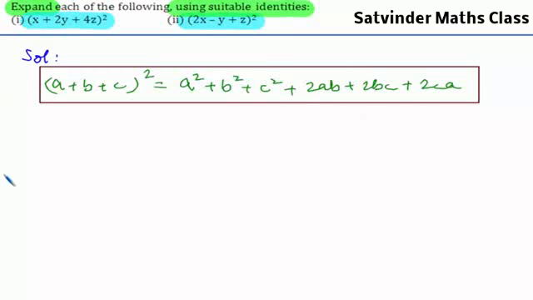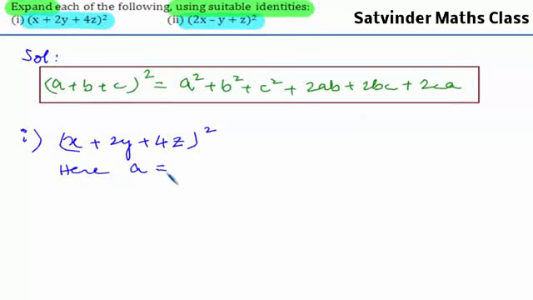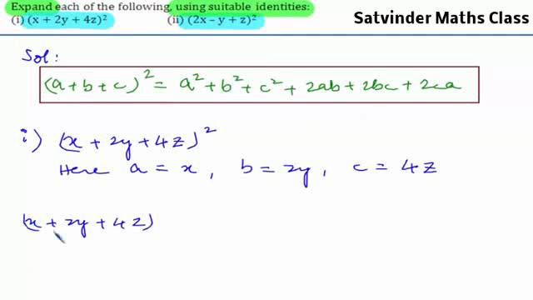Now let us take up the first expansion. We need to expand (x + 2y + 4z)². Here a is x, b is 2y and c is 4z. Therefore, substituting these values in the given identity, we will get (x + 2y + 4z)²